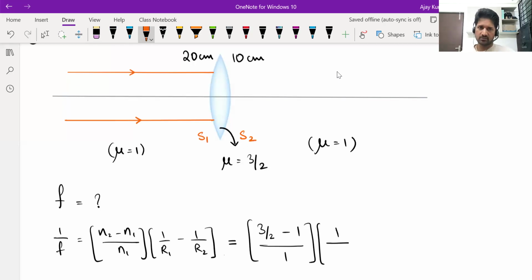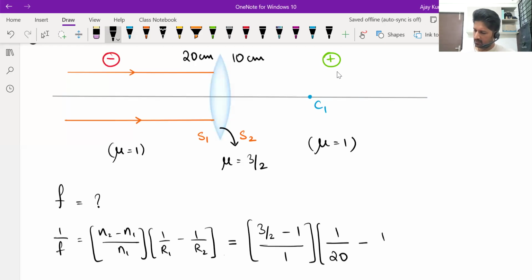For the first surface, the radius of curvature is 20, that's fine, but we have to substitute it by following the rules of sign convention. Radius is taken from the surface to the center, in case of a lens, from optical center to the center of curvature. For the surface S1, looking at the way it is curved, we can tell that the center of curvature is on this side. And according to the rules of sign convention, the direction to which the incident rays are traveling is the positive direction and the opposite direction is negative. So since C1 is on the positive side, R1 will be substituted positive 20